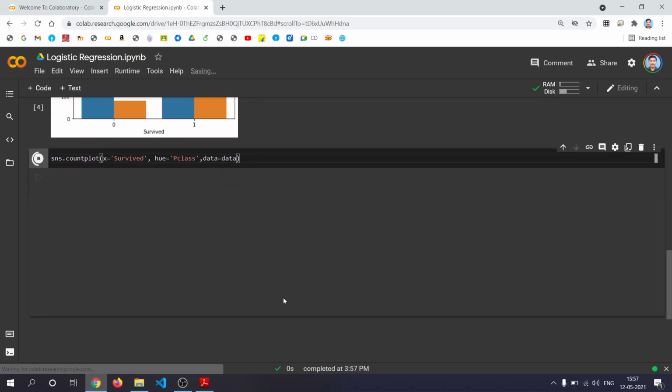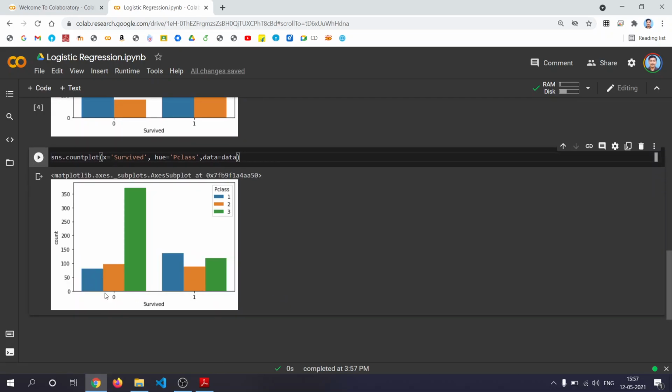So you can see that there will be three bar graphs. So this is about class 1, class 2 and class 3. You can see that the maximum number of people who survived are from class 3. So class 1 and class 2 survivors are fewer, right? Sorry, the maximum number of people who did not survive are from class 3. So class 3 were the people who did not survive more.